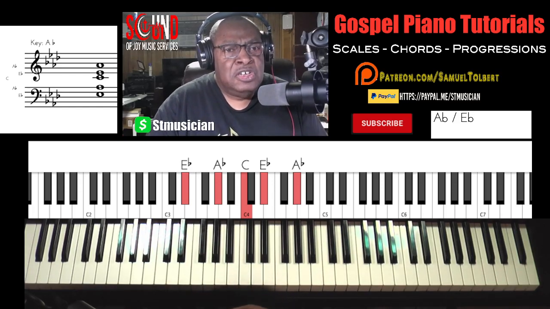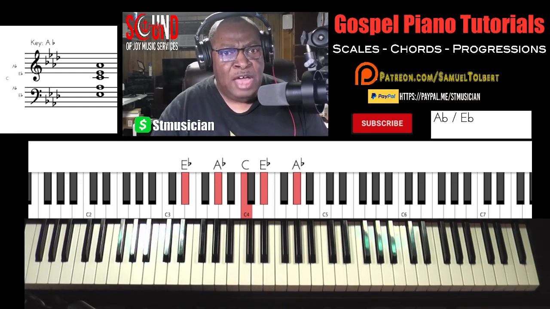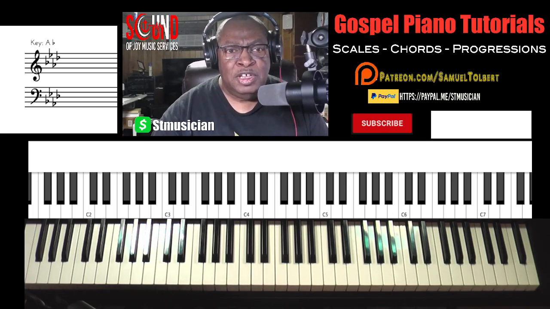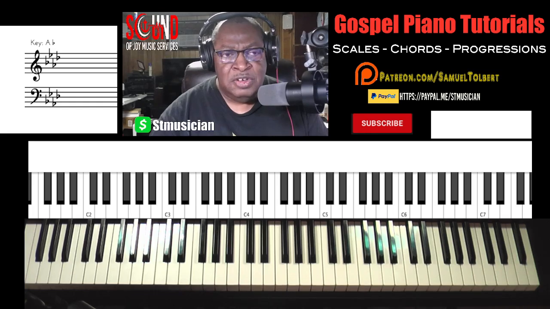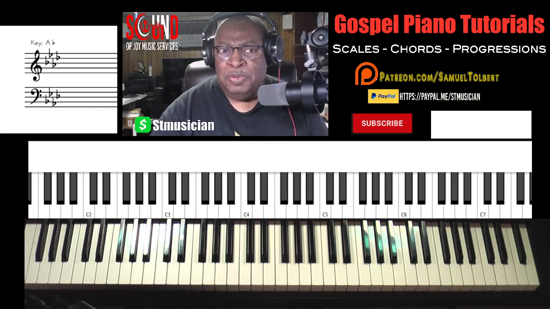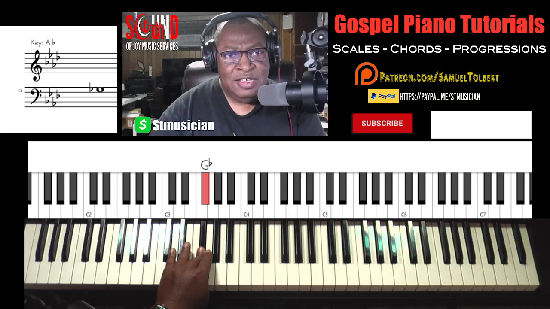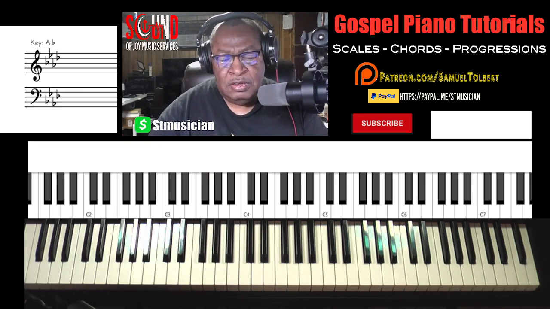Now these generic chords, these piano 101 chords, are important because that gives you the building block for where you're going to place any additional chords. Every chord needs a starting place, and the starting place for me is in the scales. So now that I've established my generic chords, I can begin to apply some jazz tones. What are the jazz tones? That flat seventh and the diminished chord or the minor sixth chord,